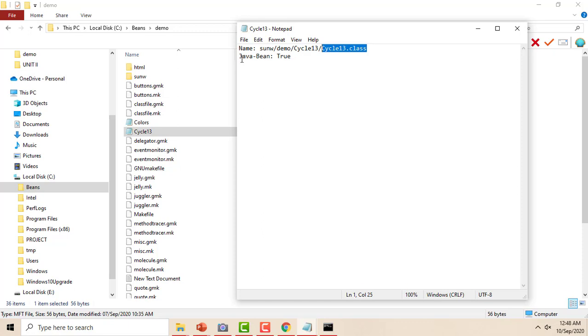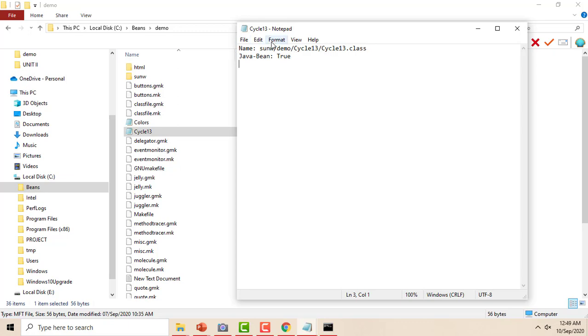And what is the second line? The second line is Java-Bean: true. The J is capital, Java hyphen Bean, where B is capital, colon, space and true. The first letter T in true is a capital letter. After true, we have to press enter. So we give one enter for creating the manifest file.